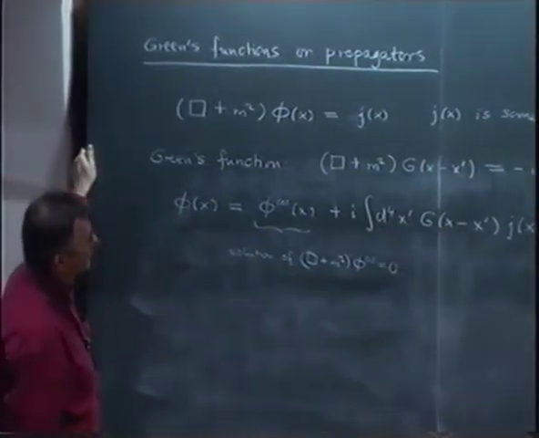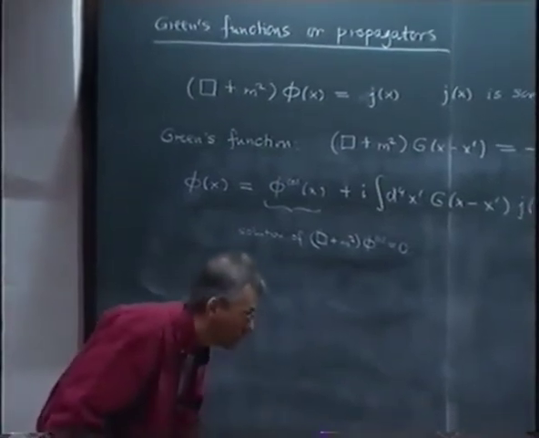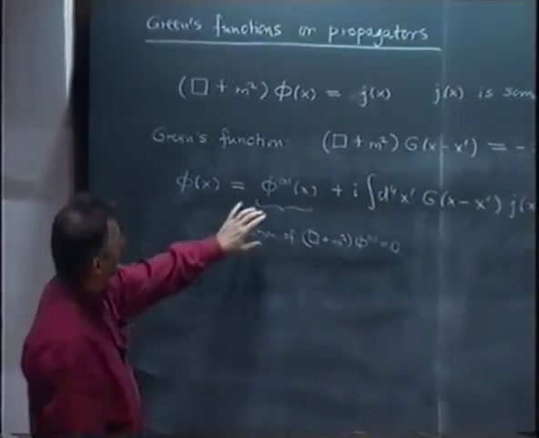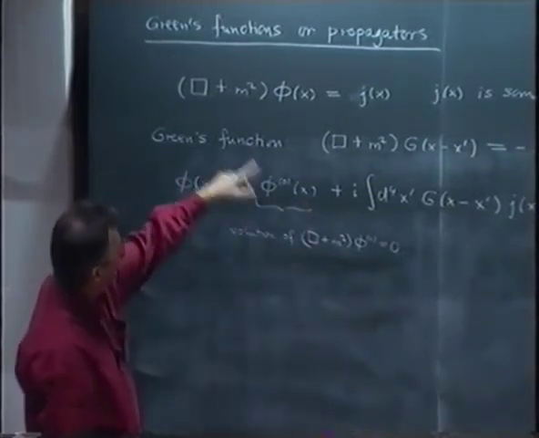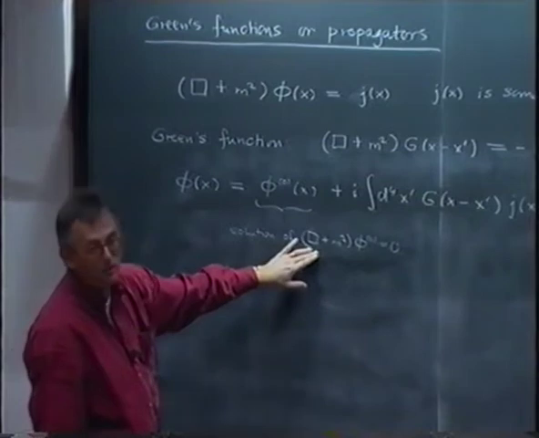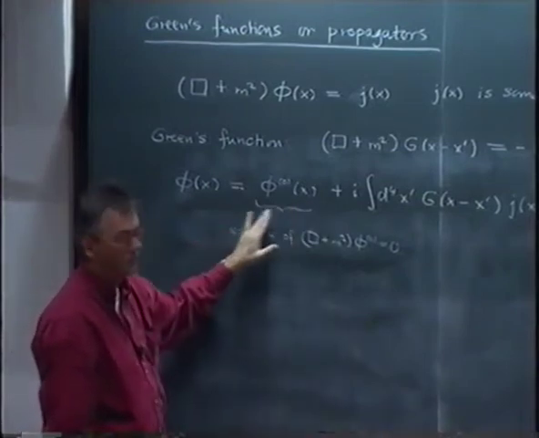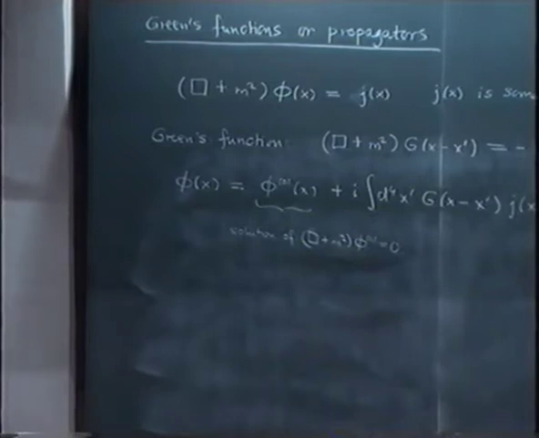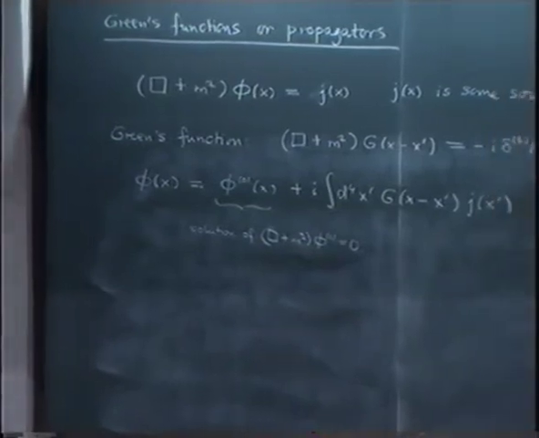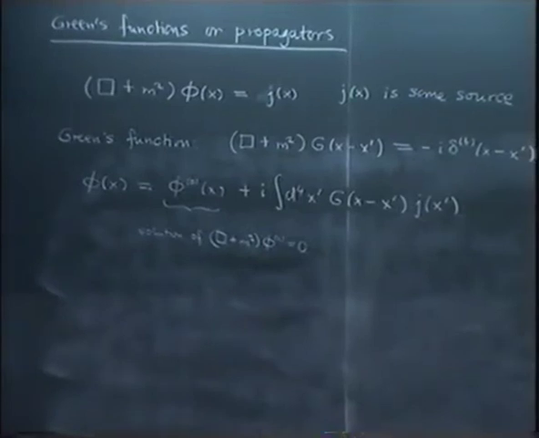Well, this is something I don't want to go into too much detail, but the fact that you can add here these terms which solve the homogeneous equations, so there's still a lot of arbitrariness in the solution, is related to the fact that you must specify boundary conditions. So given this,